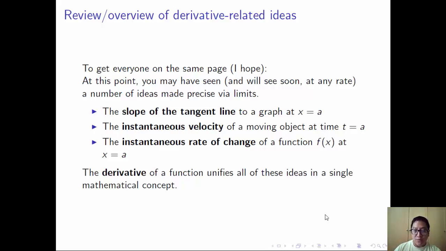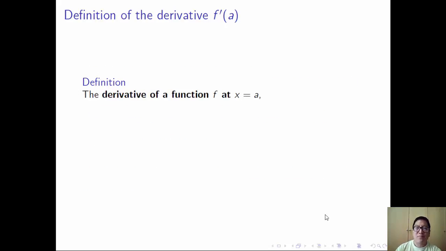So what is the point of the derivative? At least for now, we can say the point of the derivative is that it unifies all of these ideas in a single mathematical concept. And what is that mathematical concept, you ask? Thank you for asking. The derivative of a function f at x equals a, which is written f prime of a, is defined